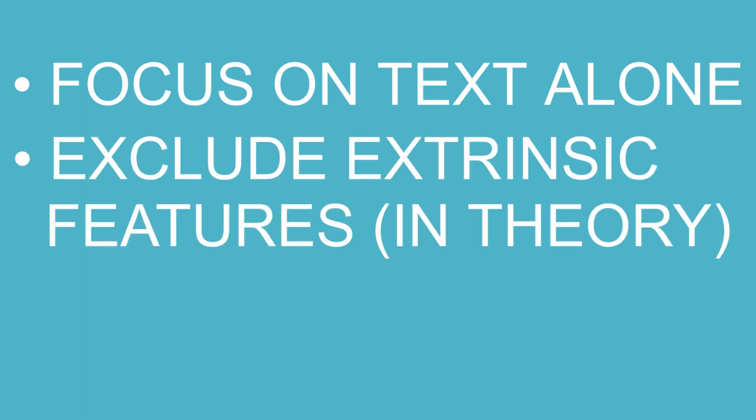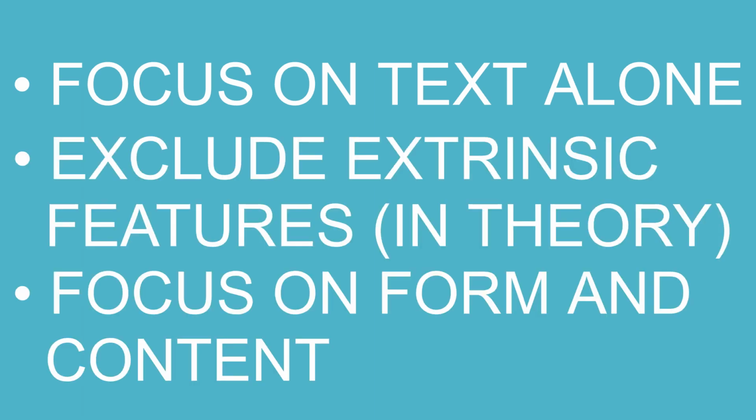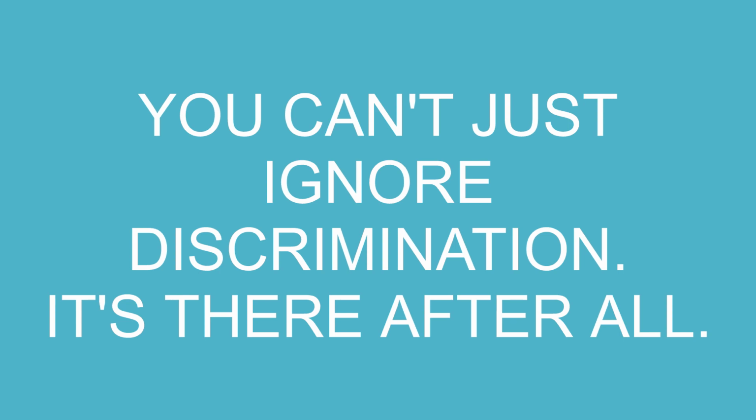So, what are our main takeaways here? We only care about the text itself. Who cares about anything outside of it? And we want to pay attention to both the form and the content to understand the knowledge that this text is trying to provide us. If you ignore the discrimination parts, then this is a pretty good idea, but we can't just ignore the bad, can we? We need to acknowledge it and actively work against it.